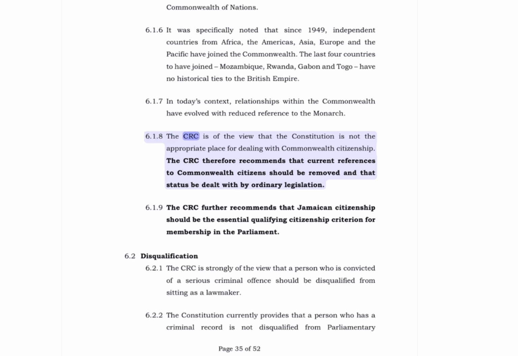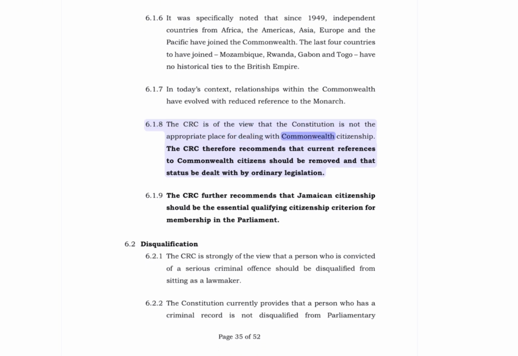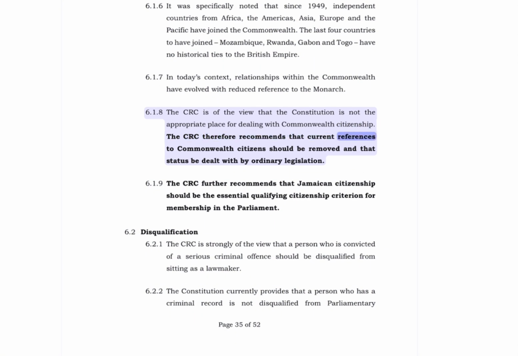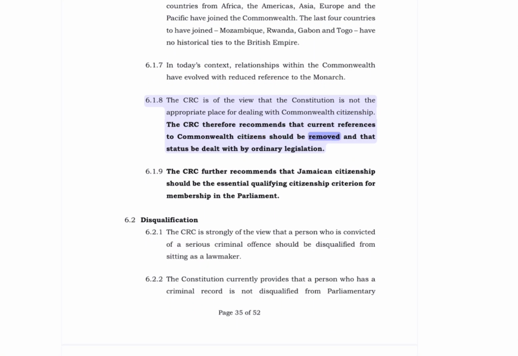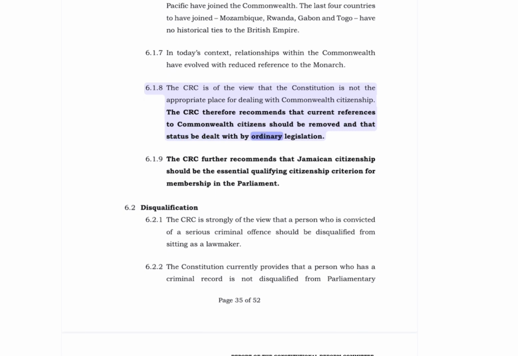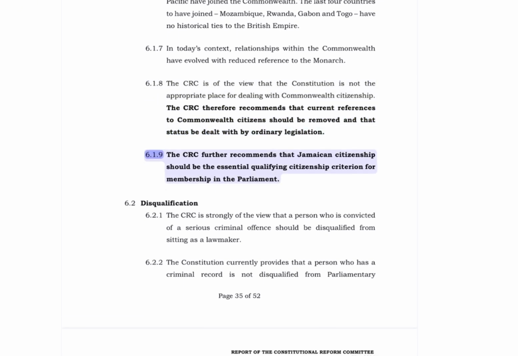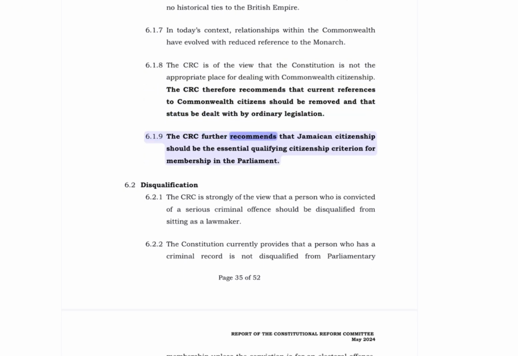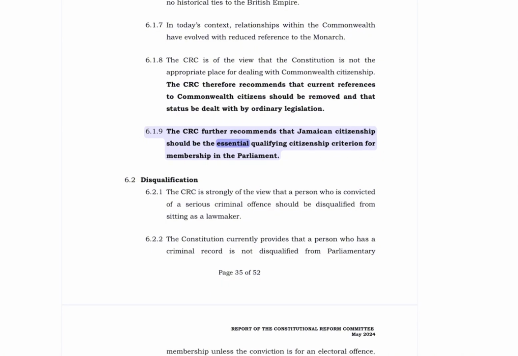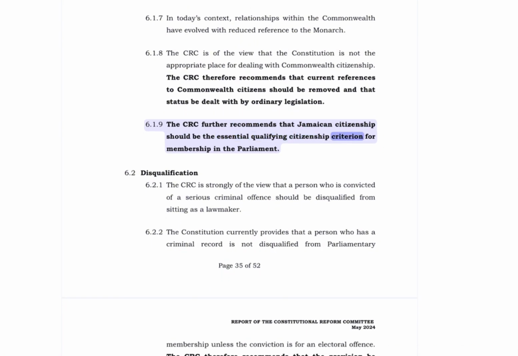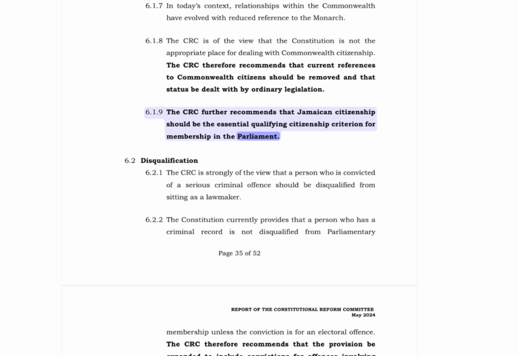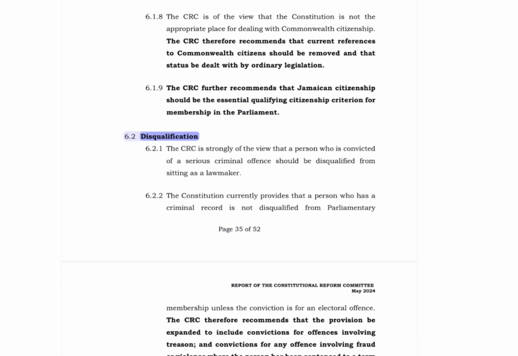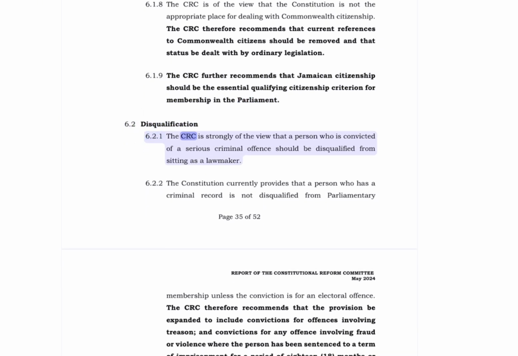6.1.8 The CRC is of the view that the Constitution is not the appropriate place for dealing with Commonwealth citizenship. The CRC therefore recommends that current references to Commonwealth citizens should be removed and that status be dealt with by ordinary legislation. 6.1.9 The CRC further recommends that Jamaican citizenship should be the essential qualifying citizenship criterion for membership in the Parliament. 6.2 Disqualification. 6.2.1 The CRC is strongly of the view that a person who is convicted of a